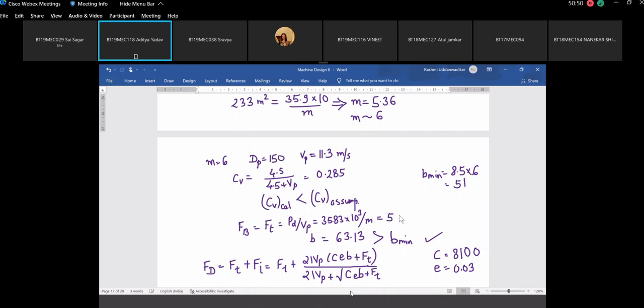Okay, so we are going with this value, 5984 Newton. Yes, ma'am. So now we are taking FB as this value, and from this value of FB, we